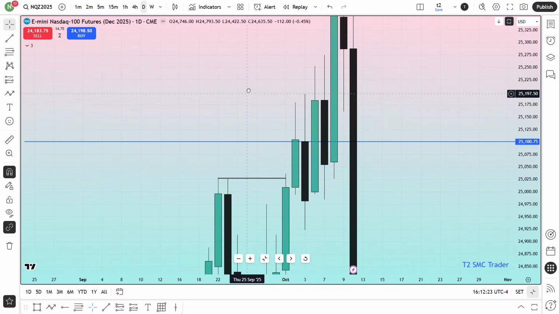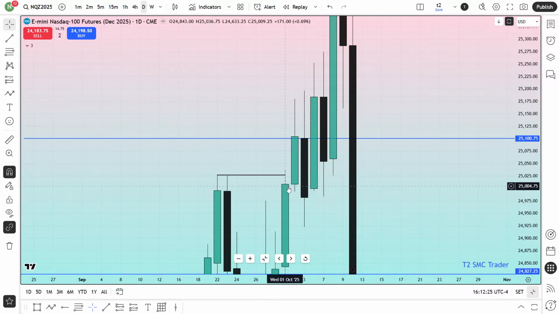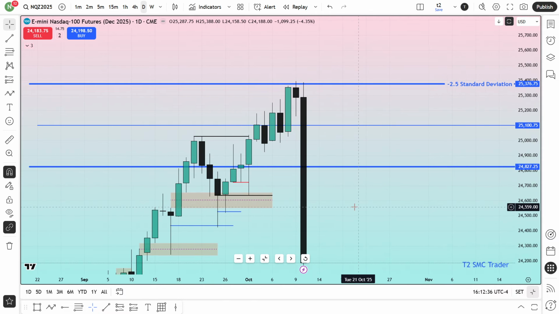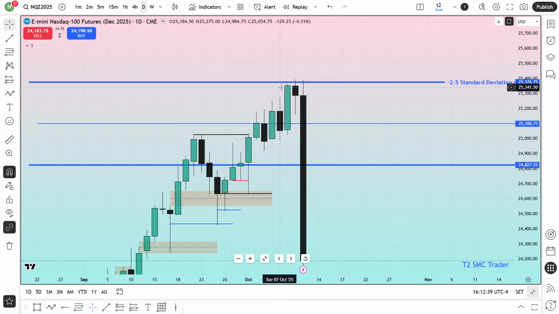Before coming here, this market has to do some kind of reaction from that -2 standard deviation, because it was just two handle above that line, which is -2 standard deviation. So I was not so much confident about the buy run. I was more interested to look for a sell the very next day after clearing that shallow run or obvious liquidity by the body close. It has absolutely traded that -2 standard deviation. I was expecting some kind of reaction from this line.